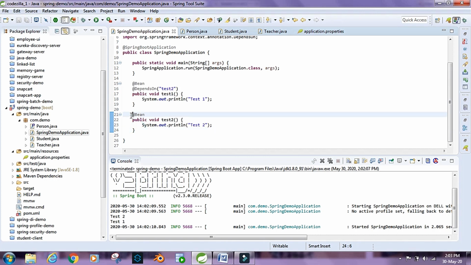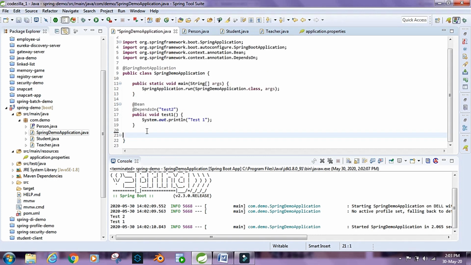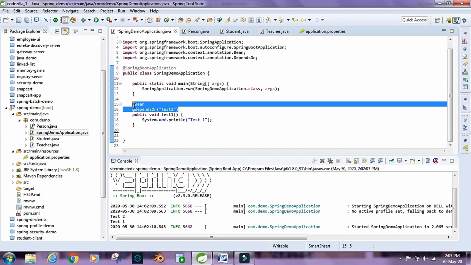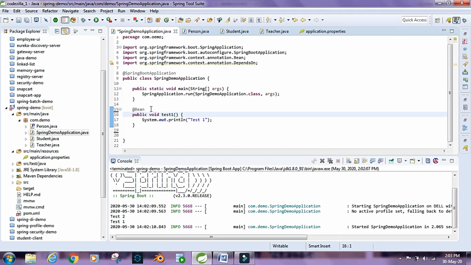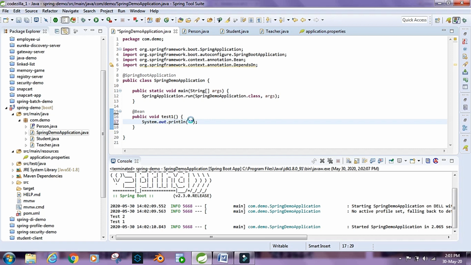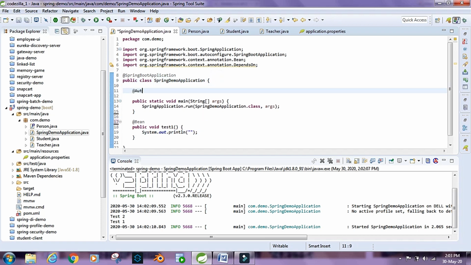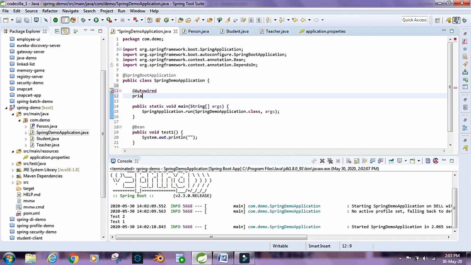Okay, I'll just keep test1, remove this, and let's keep this. I'll remove this statement, and I'll try to autowire private Student,